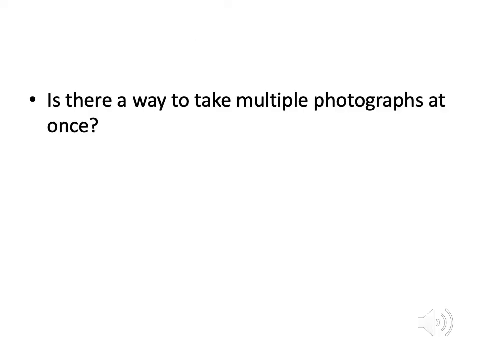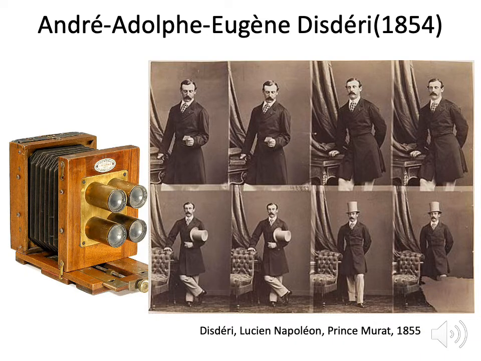So this leads us to the question, is there a way to make multiple photographs at once to capitalize on that? Instead of making a negative and then producing positives from it, some photographers questioned, what can we do to make this simpler? So Disdéri is credited with the introduction of this format of portraiture, where it uses a camera with multiple lenses that can photograph about eight different poses on one large negative, saving money and saving time.